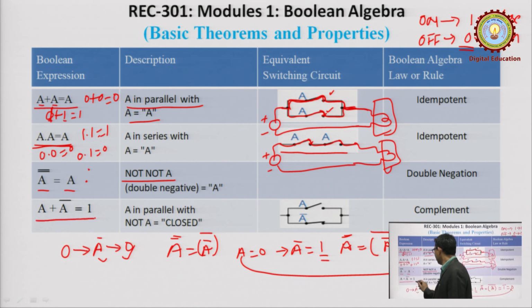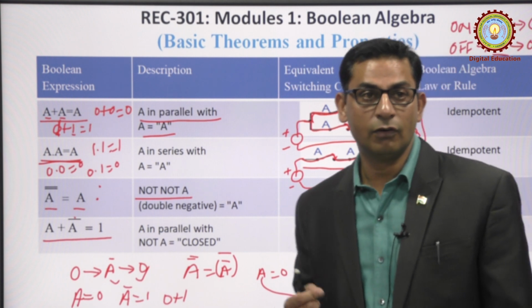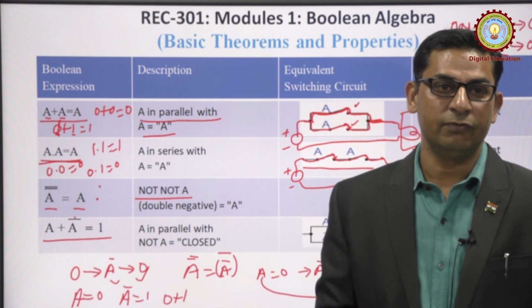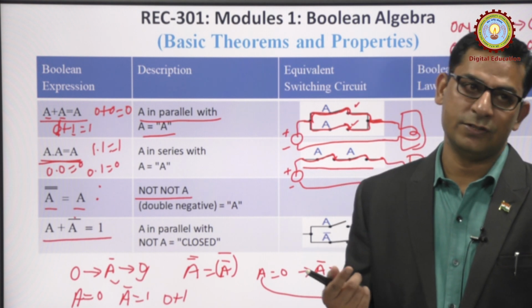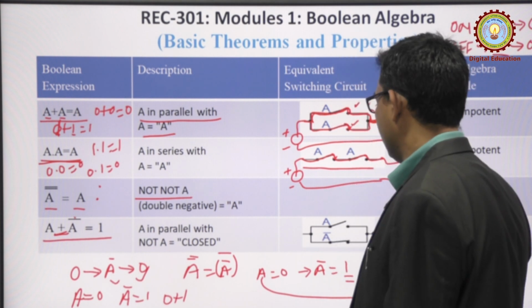Now these are other rules in this case. A plus A bar is equal to 1. How does this happen? As I have said, A bar represents the NOT value of whatever the input is. For example, if A is equal to 0, A bar is equal to 1, so 0 plus 1. If A is in the off state, then A bar will be in the on state, and if A is in the on state, A bar will be in the off state, and because of this plus sign, both are connected in parallel. So we will always get the output 1,